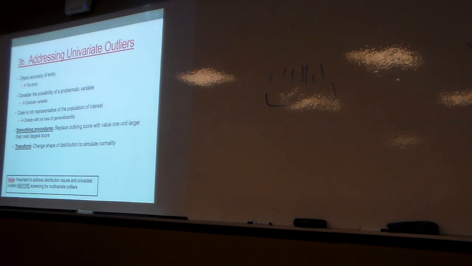univariate outliers and you start looking at multivariate outliers, what's going to happen? Because the univariate outliers can pop up as multivariate outliers as well, right? So as you're working through your own data, you want to take a look at your distributions, and address this stuff first before you go on and start exploring multivariate outliers.